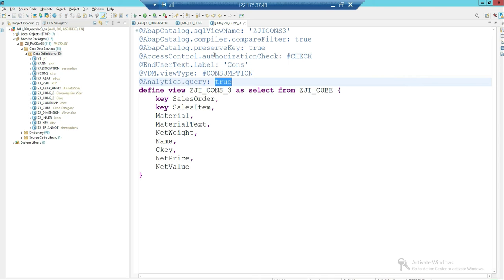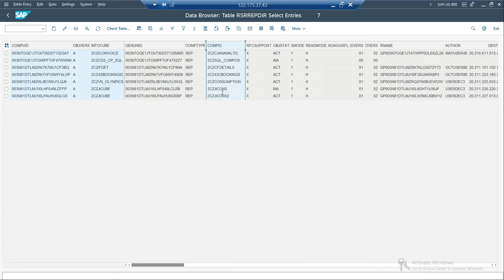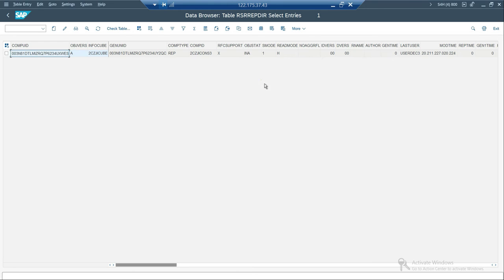Done. So let's go to the table and let's see whether it has been added over here or not. 3, execute. Yes, it's added. Okay, so now RSRT is able to get the query, get the CDS in the query format in that particular